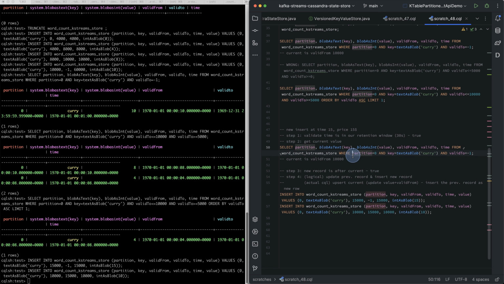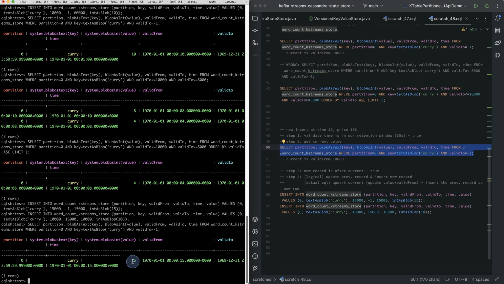And if we now do another get latest, we should see our $15, because this is the valid to -1, which is determined before midnight of 1970, Unix time 0. So this works. This is fine. This is our put for a new current value. And I think we could play through a put for our